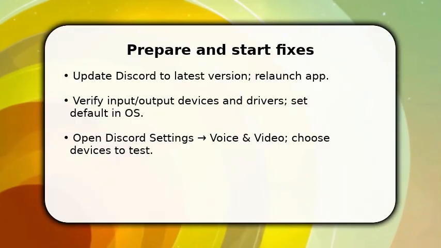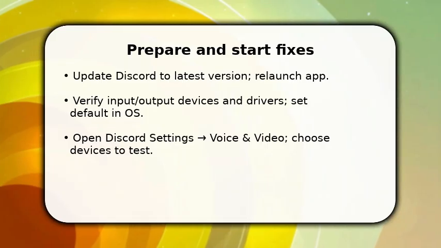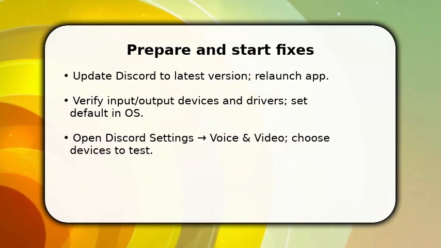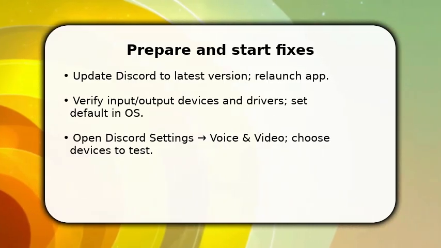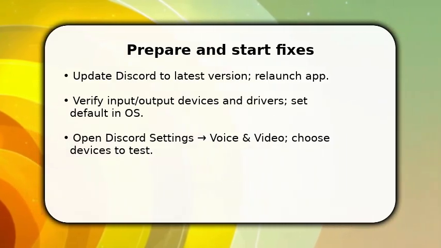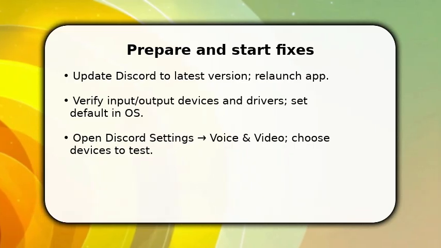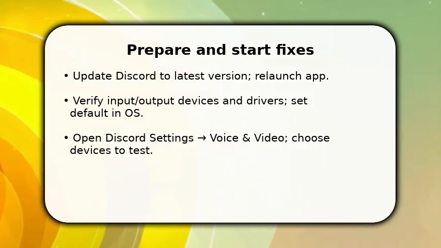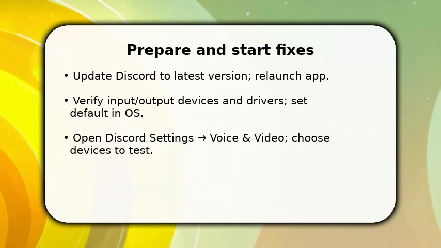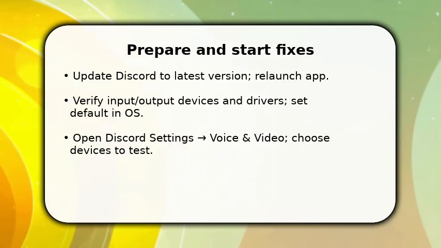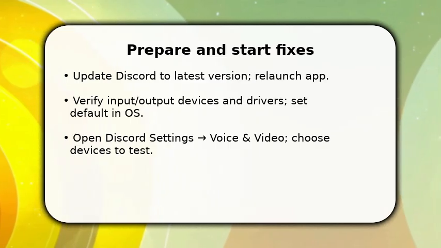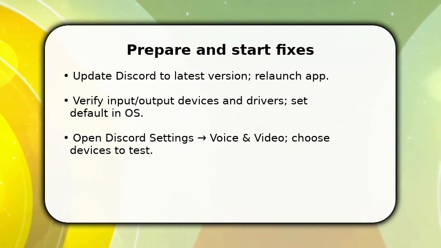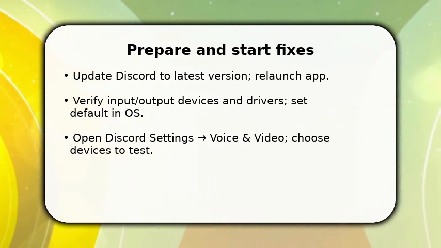You start by ensuring the basics are correct. Update and relaunch Discord, and confirm your OS uses the right input and output devices. Once done, open Settings, Voice and Video, and explicitly select the microphone and speaker you intend to stream with. Make a short test call using the built-in mic test so you can hear latency and clipping. This gives immediate diagnostics. If the device isn't visible, reinstall its driver or reconnect the USB/analog cable before continuing to